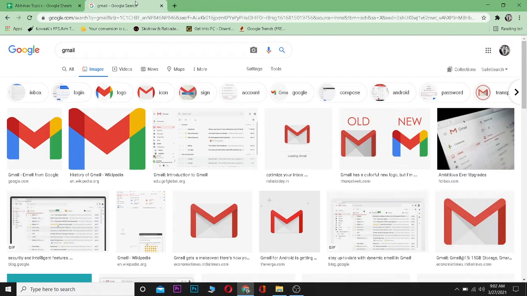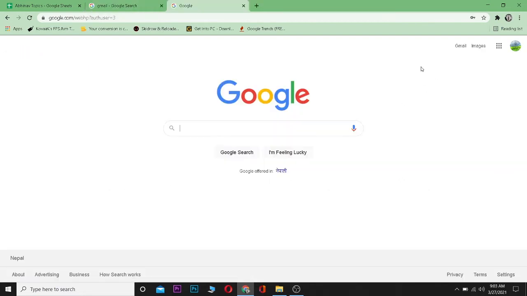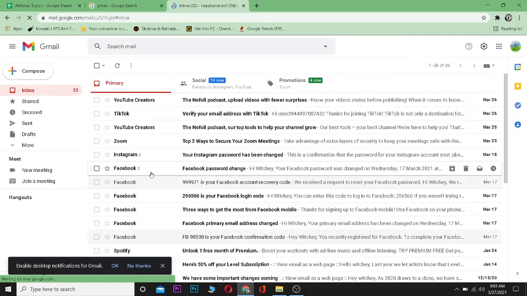So to add and remove labels on Gmail, first go to your Gmail. Let me open my Gmail. To open Gmail, you just have to log into your Google account in Google Chrome in your browser and then click on Gmail, which is at the top right corner. Click on Gmail. Your Gmail opens up, and to create a label, click on setting, which is at the top